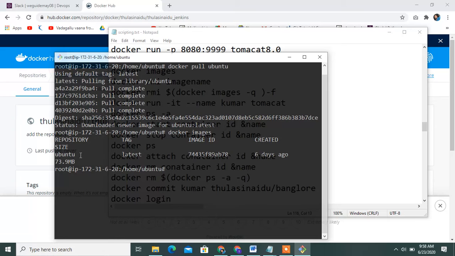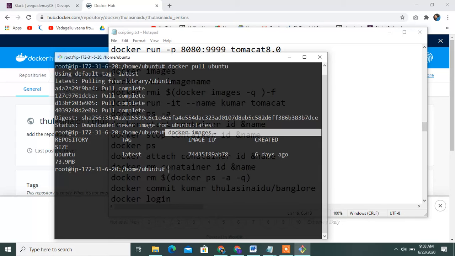Okay friends, that is how to pull the Docker images, docker pull ubuntu manually. Tomorrow I will also write a Dockerfile. Nowadays the method actually used is to write a Dockerfile, build this Dockerfile and pull the image.